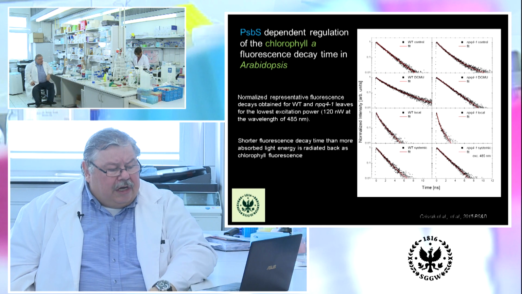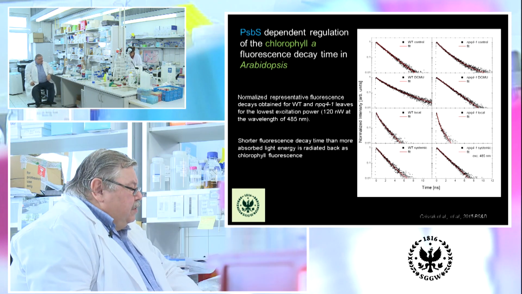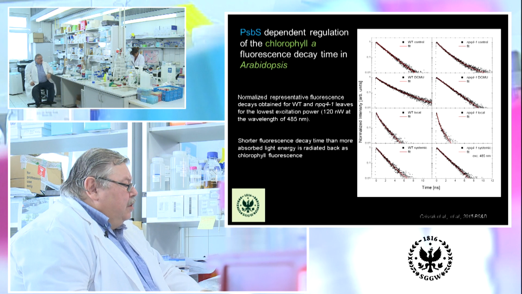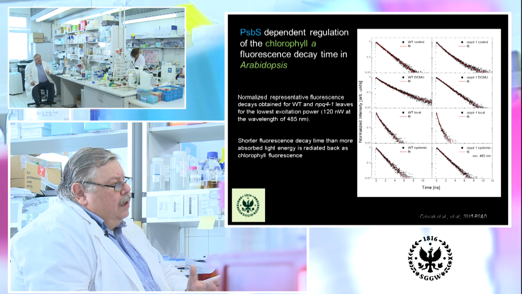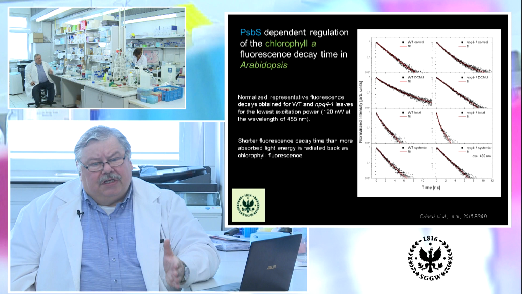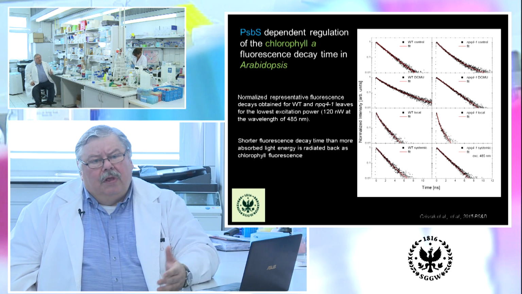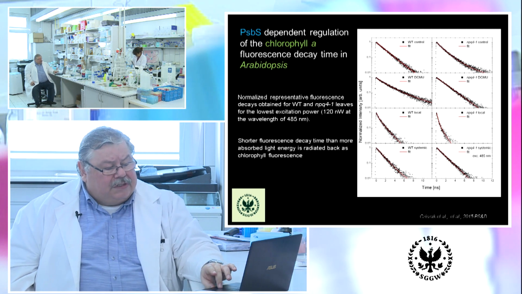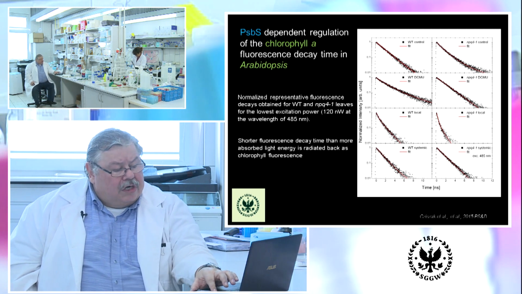In general, we tested the fluorescence decay time in exposed and systemic leaves and in leaves treated with DCMU, having a wild type and an NPQ4 mutant, which is deficient in NPQ and deficient in functional PSBS protein. And we see that these fluorescence decay times behave very differently in the mutant in comparison